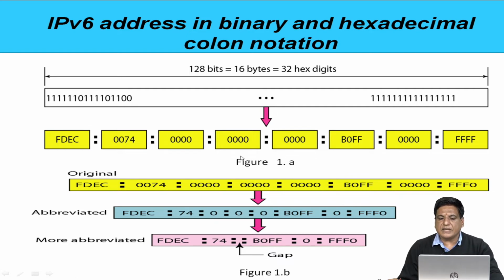So we can represent these addresses in more abbreviated forms. Leading zeros we can replace by a single zero, and if we have consecutive zeros we can abbreviate the address further by putting in a double colon. This form can be used only one time in an IPv6 address.